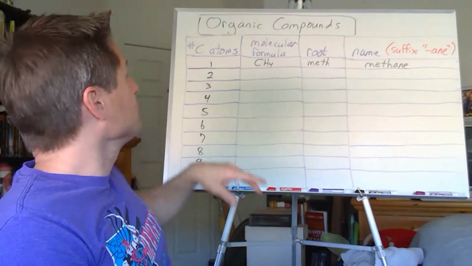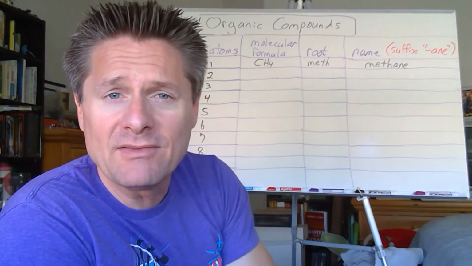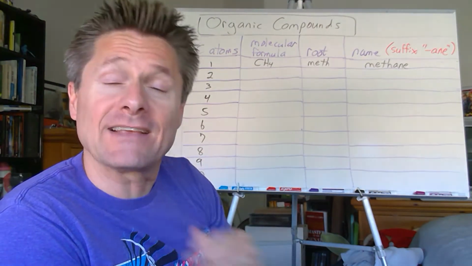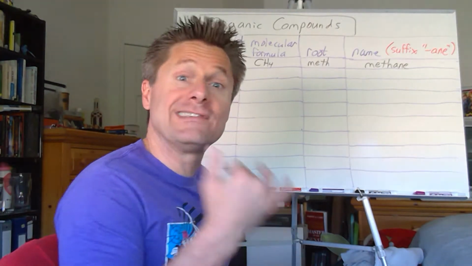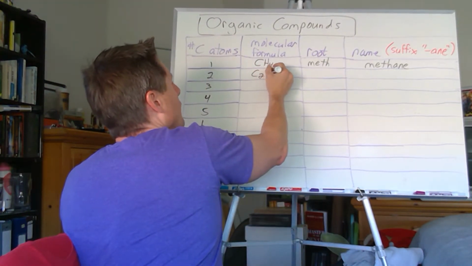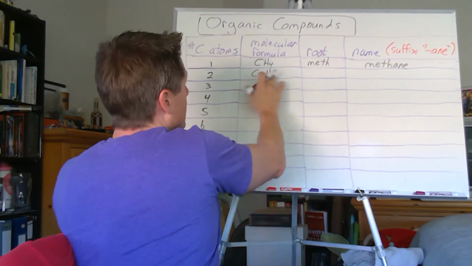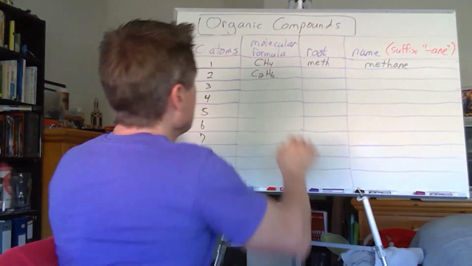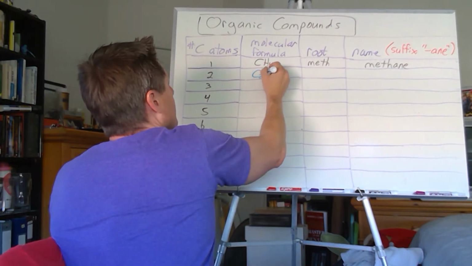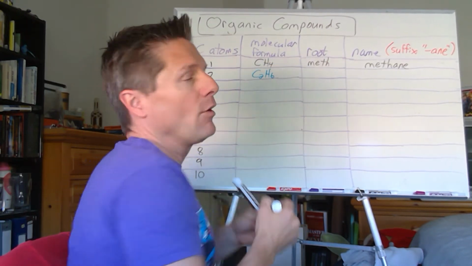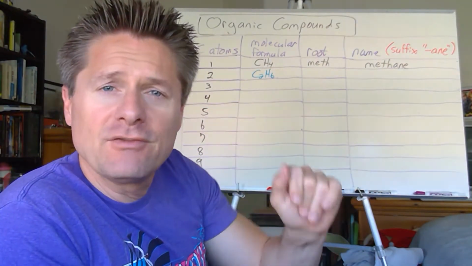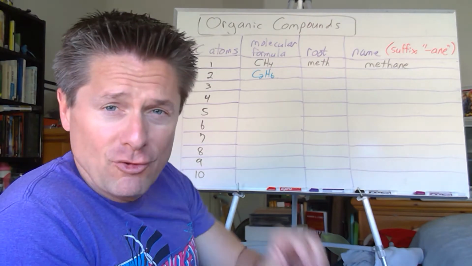I'm assuming the first 4 most of you have probably heard of, but now we're just going to formalize them. Okay, if we've got 2 carbons, so n is 2, 2 times 2 is 4, plus 2 is 6. So it'd be C2H6 or CH3CH3. Okay? So we're doing molecular formulas here. If you want to write those out, let's do those in different colors. Let's do those in blue. I'll alternate them for you. All right, so CH3CH3 or C2H6, and the root for 2 carbons is